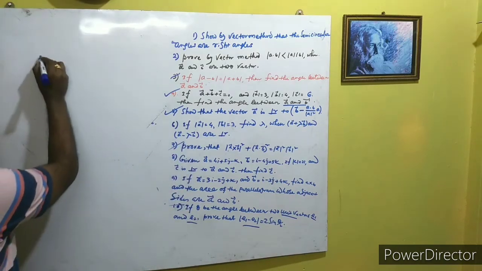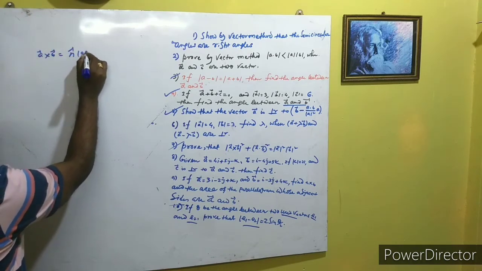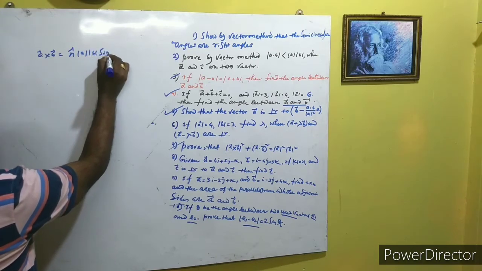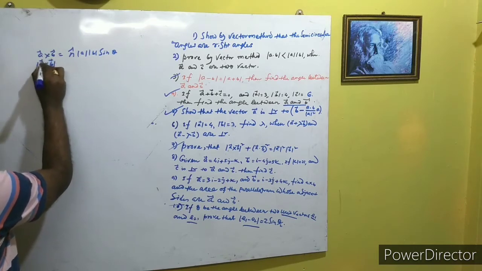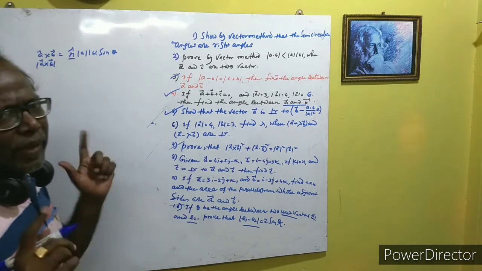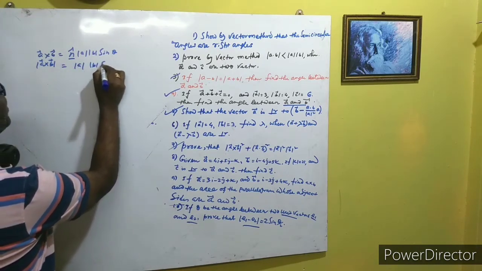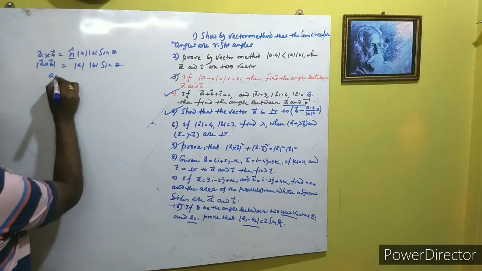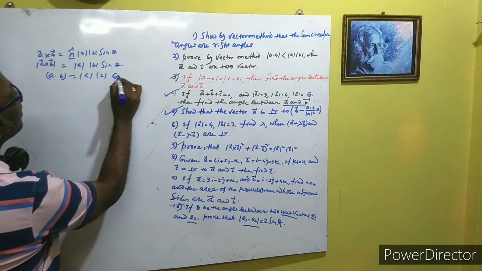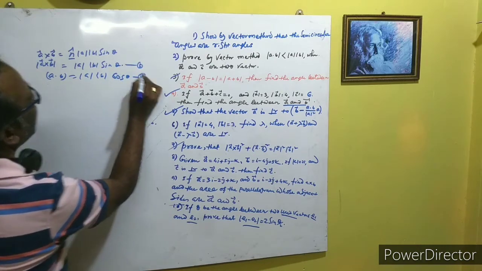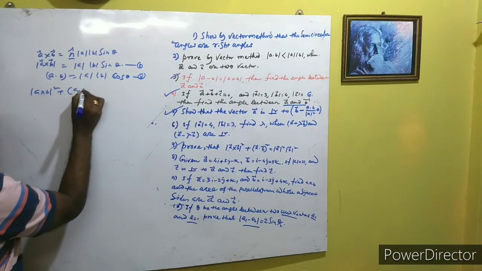C7 proves that a cross b equals |a||b| sin theta n cap. If we take the magnitude, the unit vector has magnitude 1, so you can write only |a||b| sin theta. Again, a dot b is equal to |a||b| cos theta. Squaring and adding both 1 and 2, so this is here a dot b.